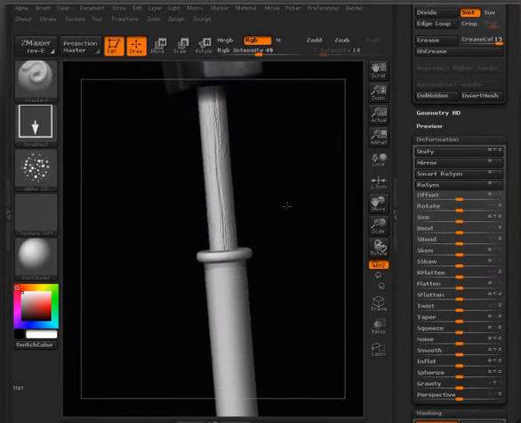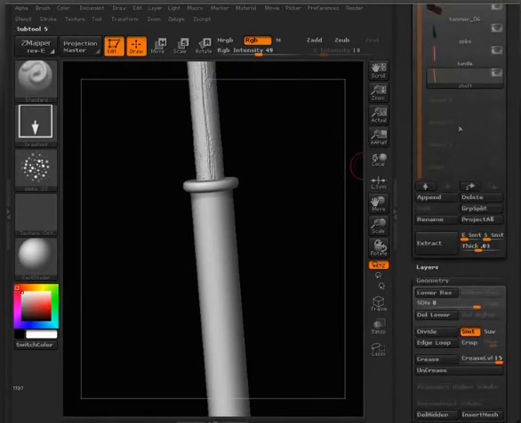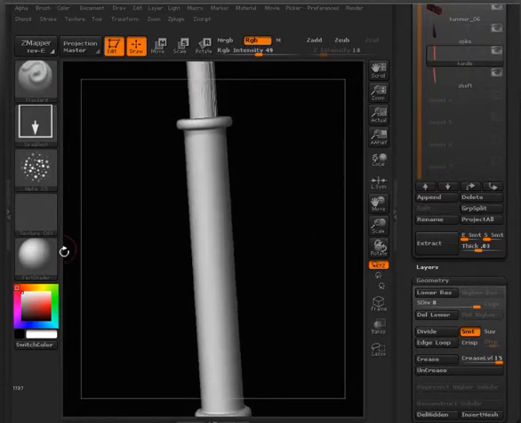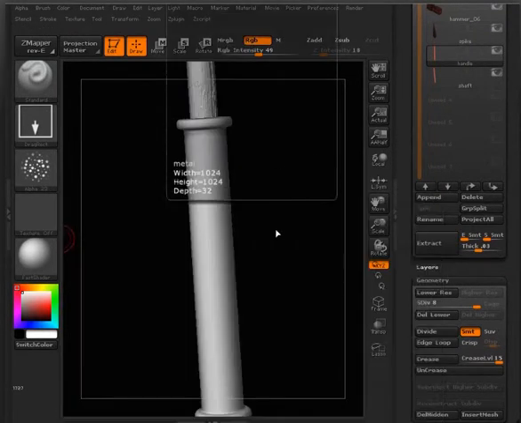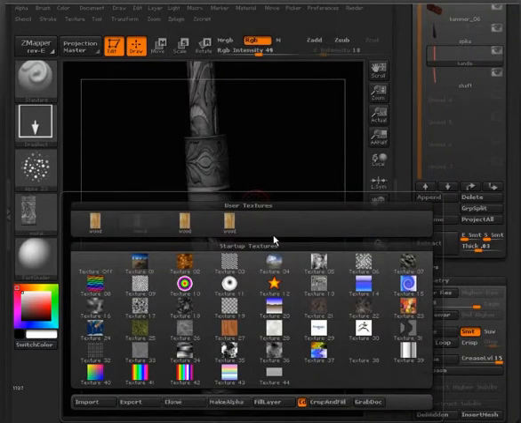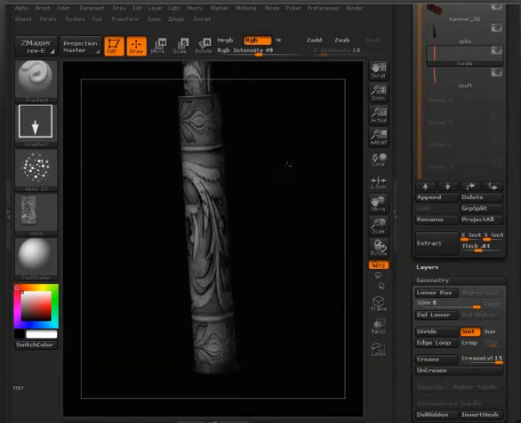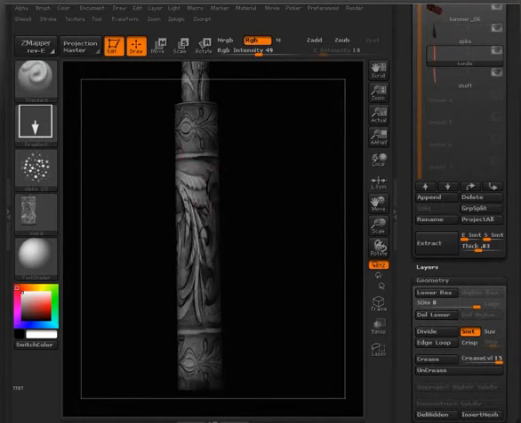Let's go ahead and do the same thing on the handle. So go ahead and select the handle, and once we've got the handle selected, we need to import or use the metal image that we have. So go ahead and load the metal as a texture map. Alright, don't worry about any of the other pieces, just the piece that we're working on,